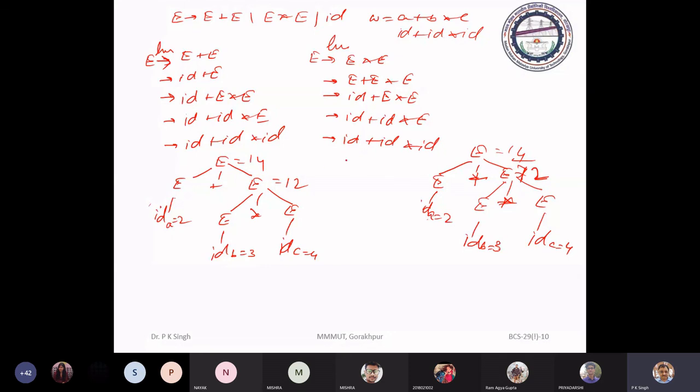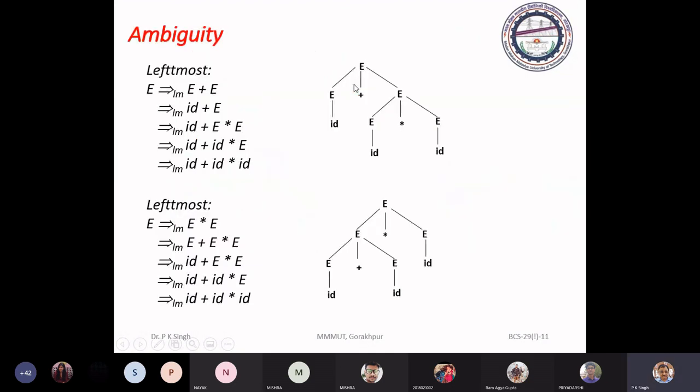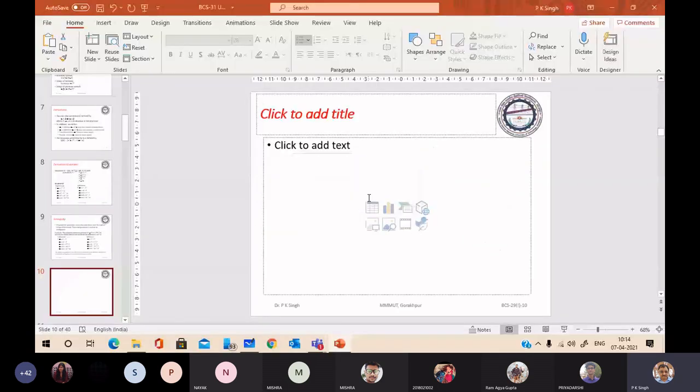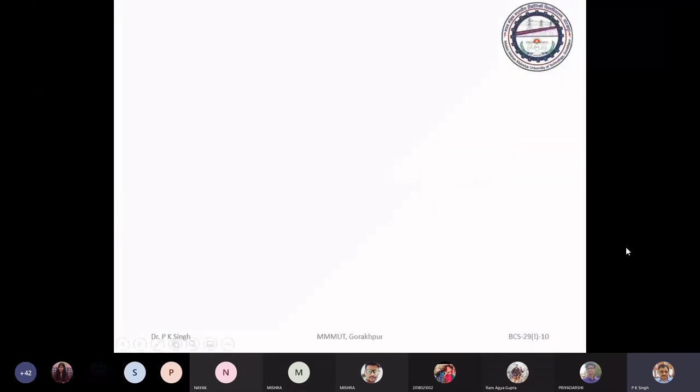But see another derivation. Again see another: the grammar is E to E plus E, E asterisk E, and ID.